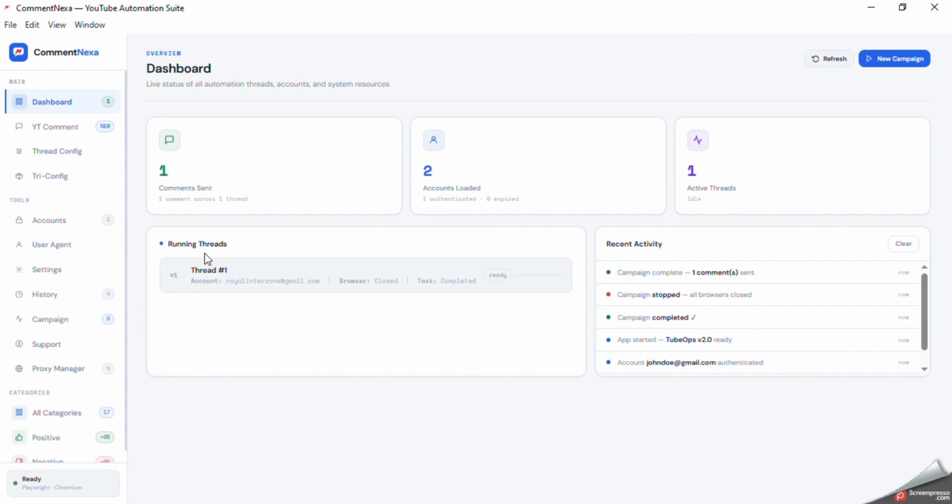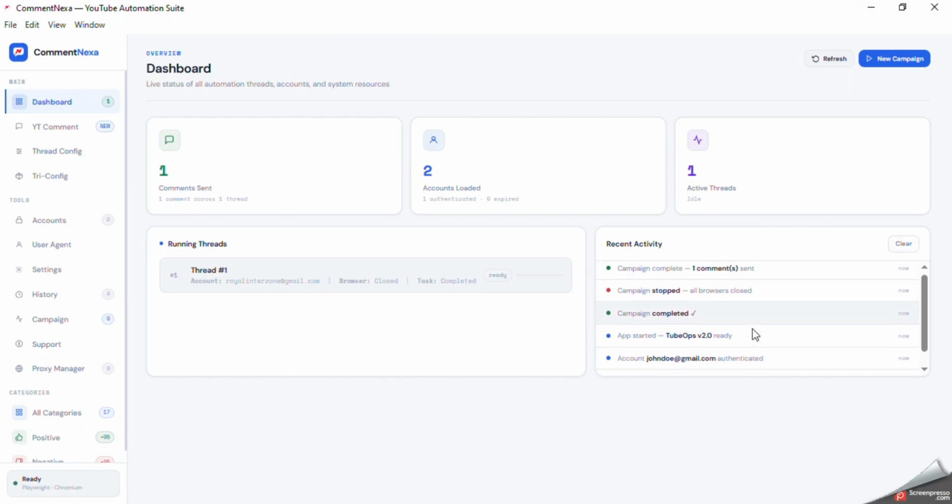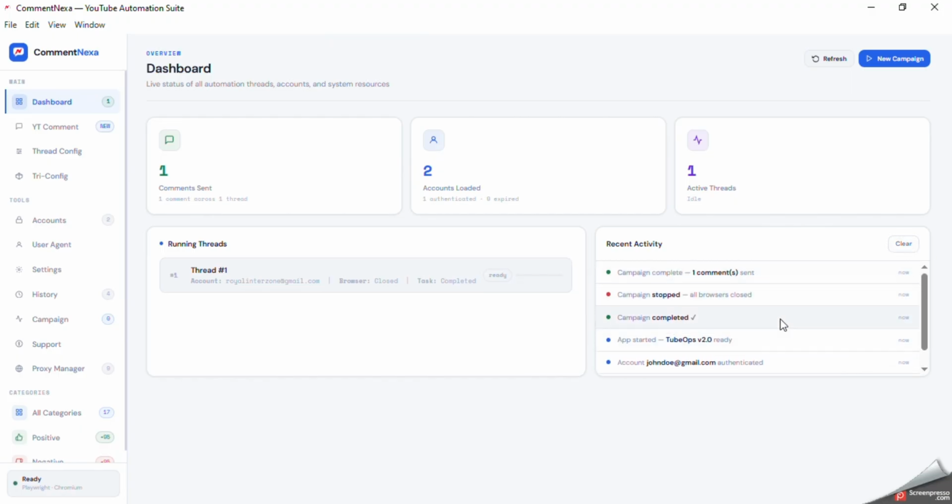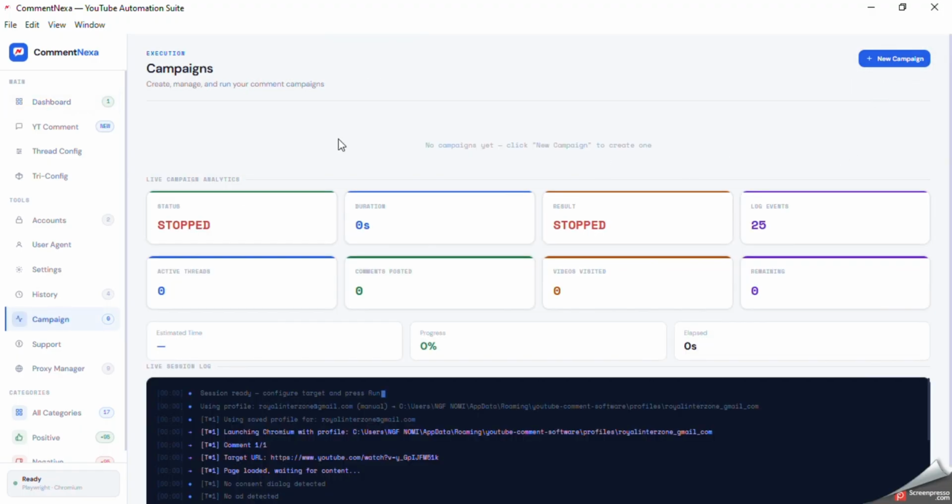Below that, on the left, you have the Running Threads panel. Each active thread will show up here with its name, status, and a mini progress bar. On the right is the Recent Activity feed, a live timeline of everything the app is doing. Account logins, cookie loads, errors, all logged here in real time. And the two buttons in the top right, Refresh updates the dashboard data, and New Campaign takes you directly to